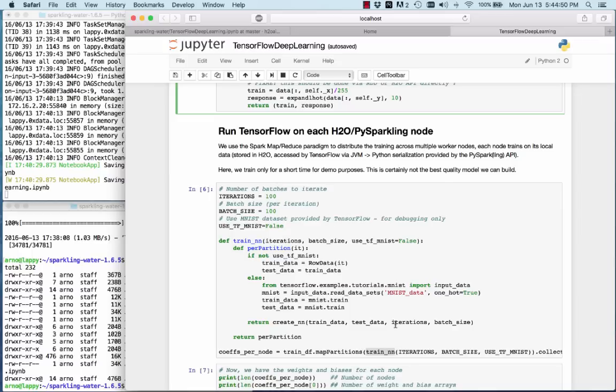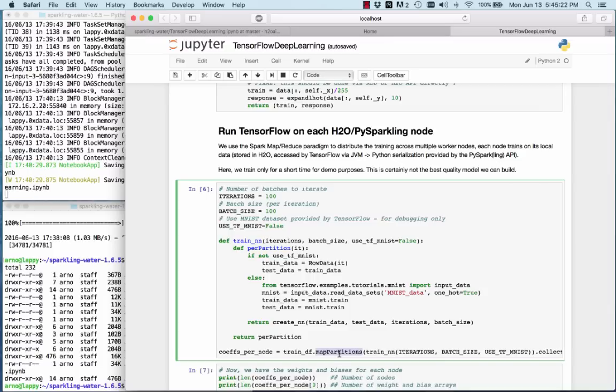The magic is that we are here basically filling data for Python, and it's all serialized by the whole infrastructure of the PySpark environment, and PySparkling just exposes it to H2O. So this is not very H2O specific, but it shows the power of the integration. There's very little code that has to do with H2O, and yet you can access all the data that's in H2O on a distributed cluster. So this is happening on every machine. It's going to train